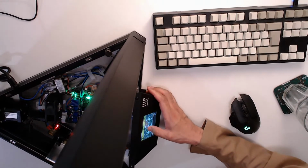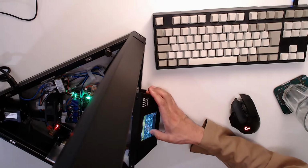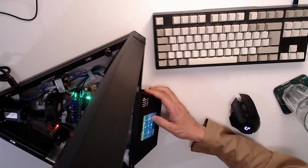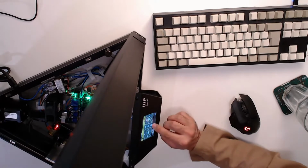Okay, that's working. X-axis is kind of working. Ah, Y-axis is working. Z-axis. Yeah, that's working. That's not 1 millimeter though. Telling it to move 1 millimeter increments, and that's...